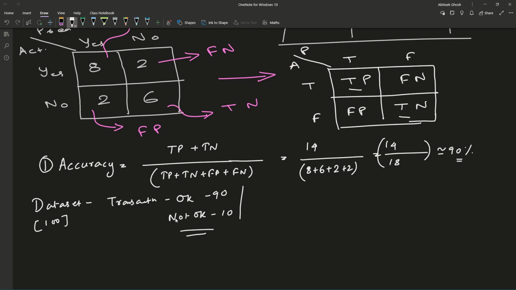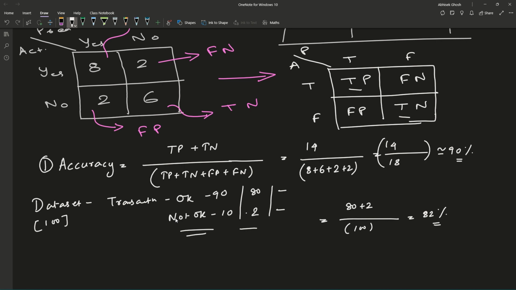And the model, out of this 90, let's say has predicted 80, and in this case it has, let's say, predicted 2, right? So let's take the accuracy score. The accuracy score is 80 plus 2 divided by this 100, so 82%, right? So we can say our model is 82% accurate, and we can say our model is very good, and we can deploy. The problem comes in here; the devil is in the details,